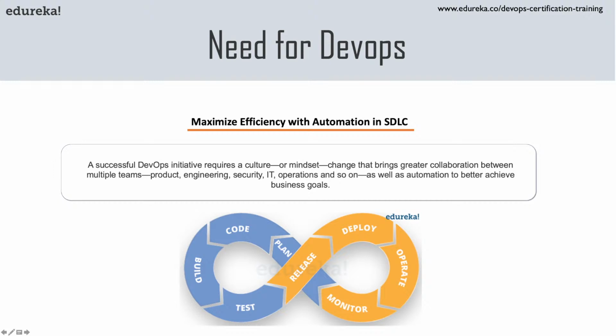And DevOps is not about one tool. DevOps is not about a culture. DevOps is not about a process that has to be followed. It's basically a mindset where we continuously improve the software development lifecycle, and we do that using automation. And this automation is achieved using various DevOps tools, which we will be talking about as we move along.